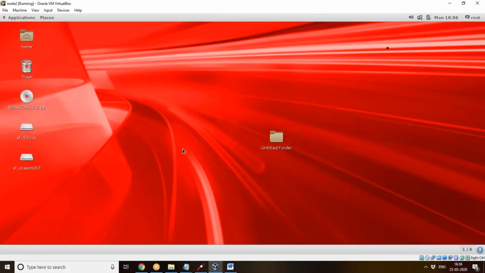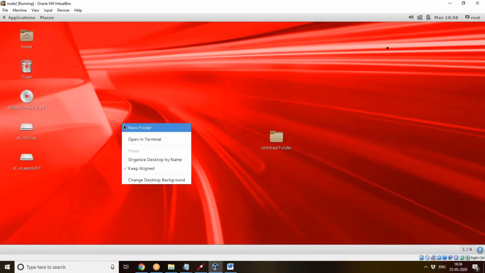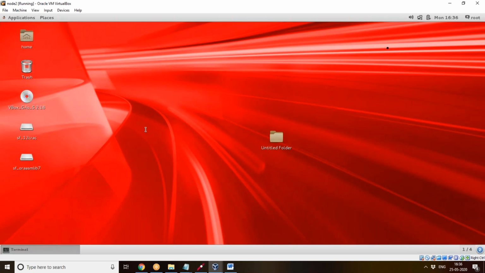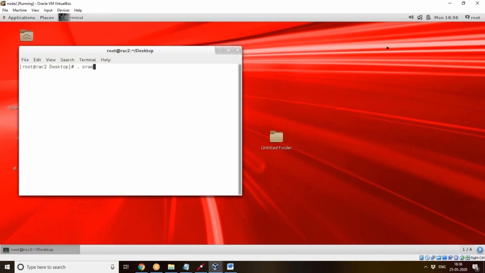Tell me, why are we connecting to the ASM instance? Like, we can connect to the database instance also, no? See, through the ASM instance only we are connecting to the database. If the ASM instance is not available, then we cannot connect to the database instance, because the ASM instance is invoked from the shared storage.